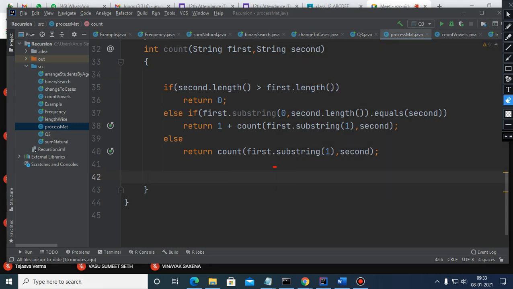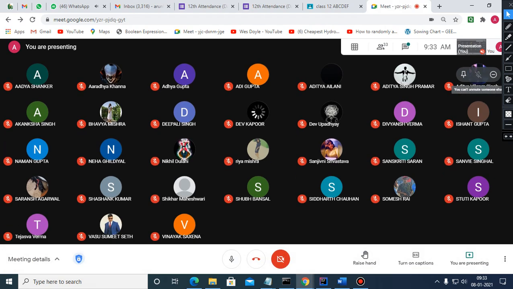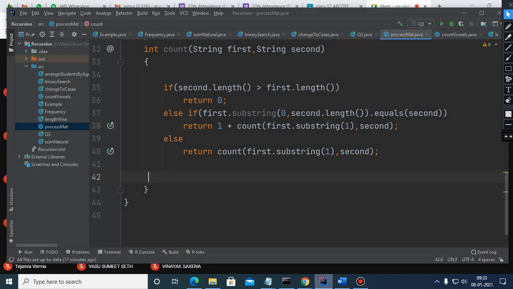So children, actually, according to me, writing a recursive function is an art, and you have to practice. You can get this skill after practicing.